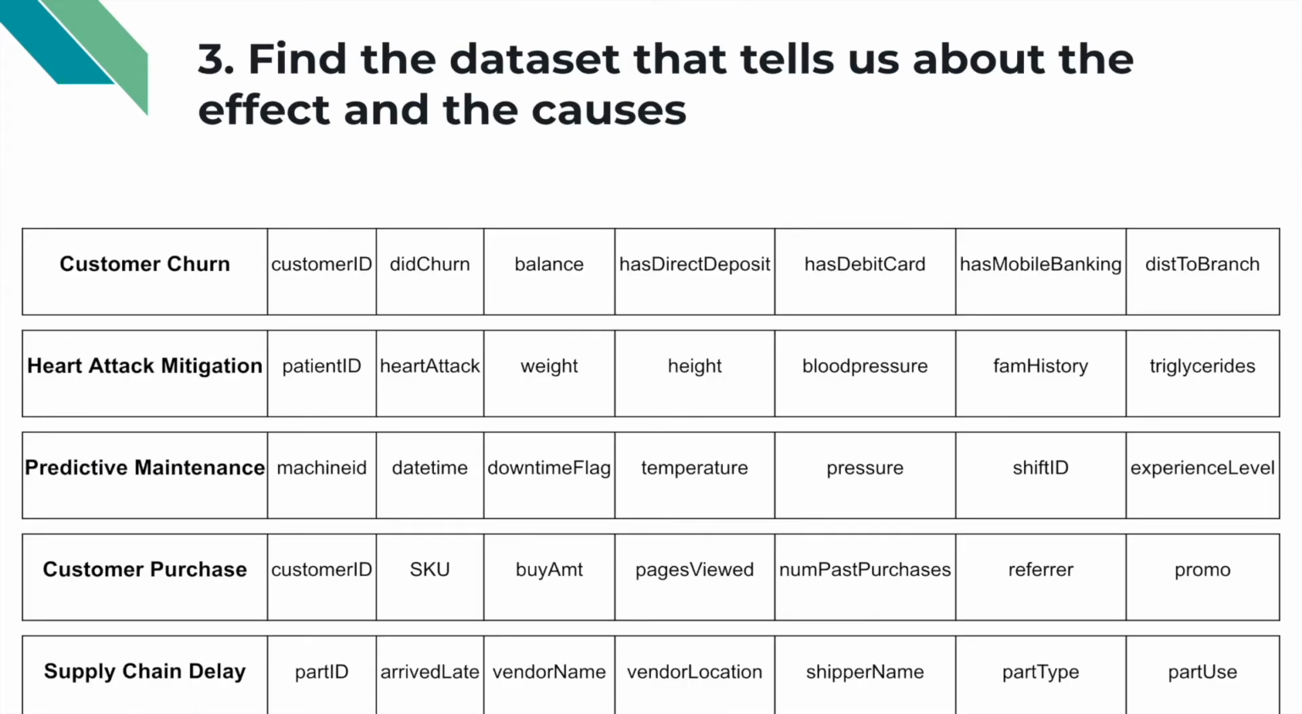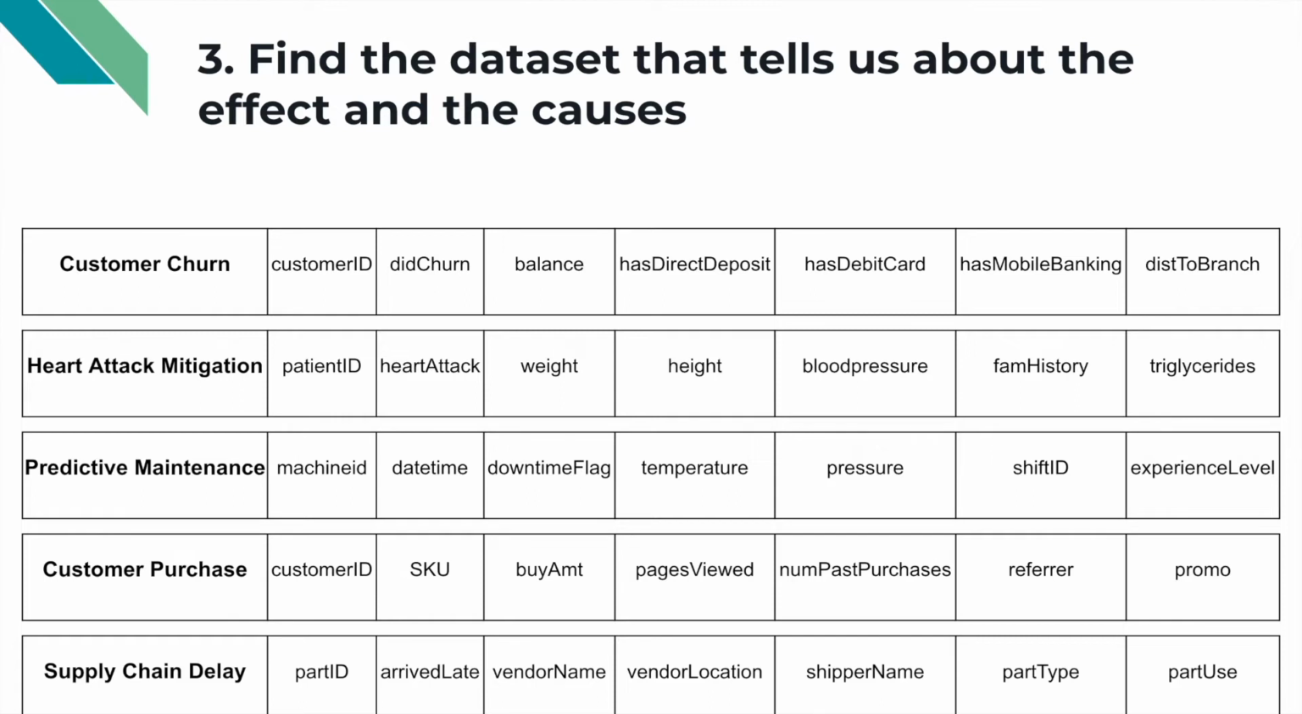So once we have those hypotheses, maybe we would go and actually assemble the data set. For the churn example, we'd have a data set with customer ID, whether or not they churned, and then all of the columns that we hypothesize: their balance, whether they have direct deposit, whether they have a debit card, whether they have mobile banking, their distance